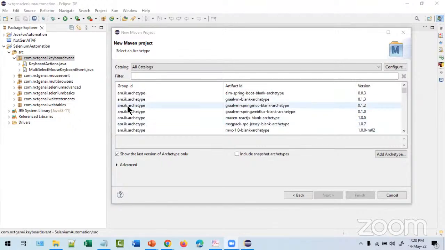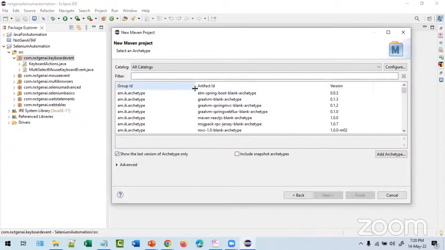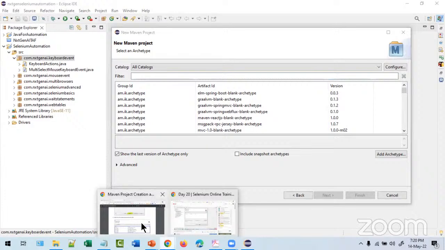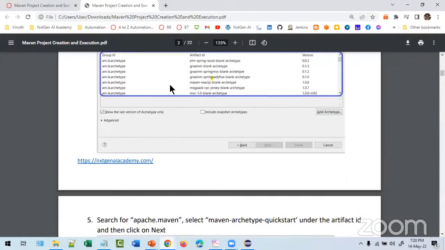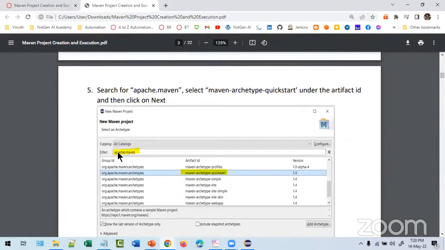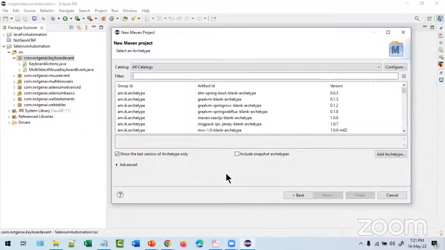After that there are so many group IDs and artifact IDs, some setups already there that we can use. For us, as you can see in this document, type Apache dot Maven. We have to select Maven archetype quickstart. For Selenium with TestNG, this is the best one.